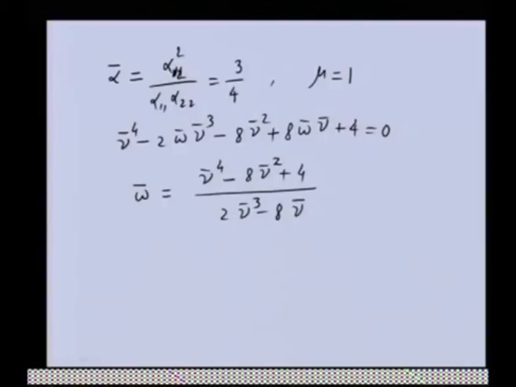Now, we can generate for various values of nu bar the value of omega bar. So, we can choose some value of this, and from this expression we can get the omega bar. So, there is no need to solve the polynomial; directly for various values of omega bar we can get nu bar, and this data we can plot it. So, this plot will look like this,